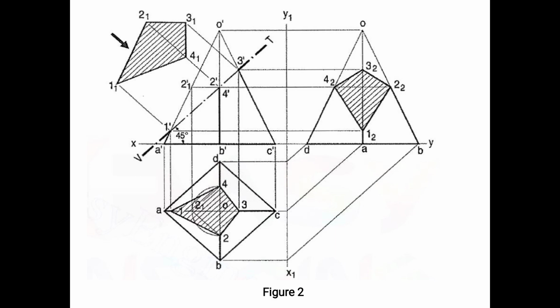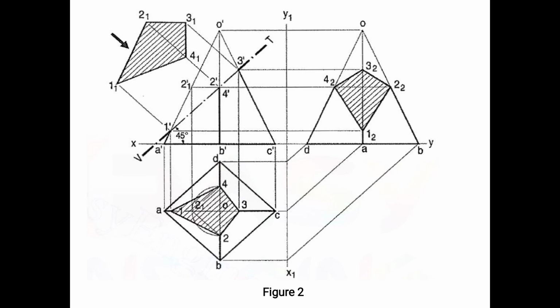You adjust the compass to the distance 1 dash to 1, and you draw the perpendicular to the new reference line from 1 dash, and you mark 1 double dash. And from 2 double dash, that is 2 dash to 2 distance, as well as 3 dash to 3 distance,